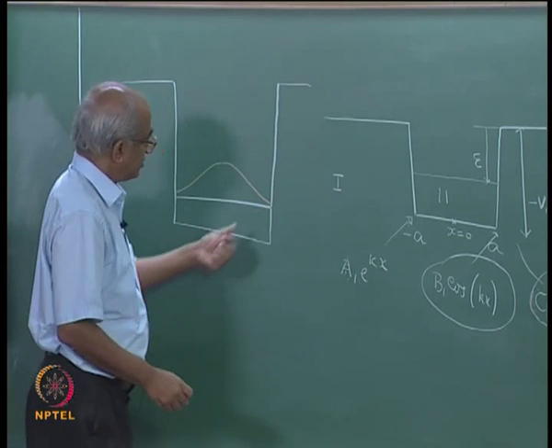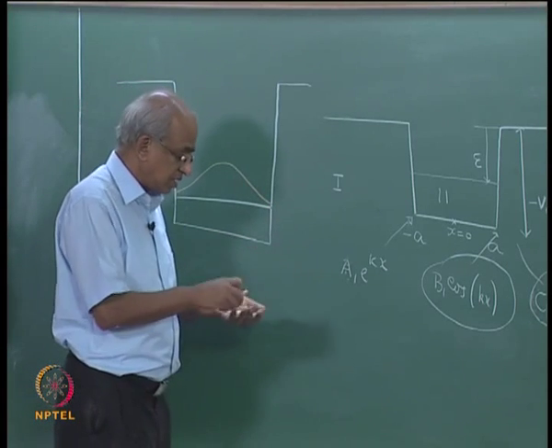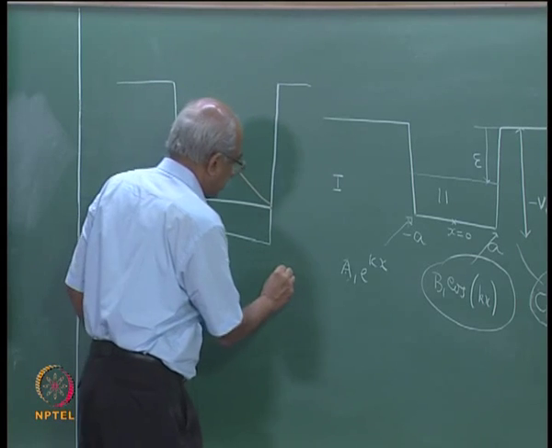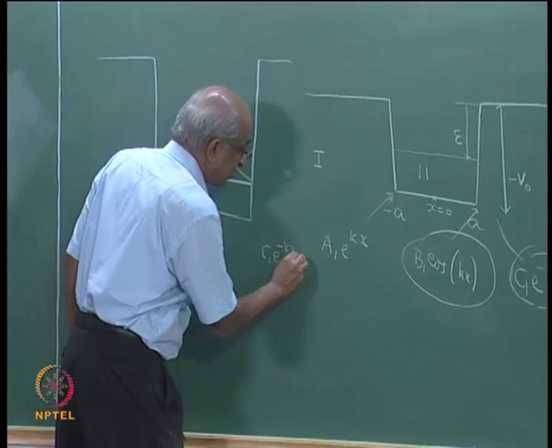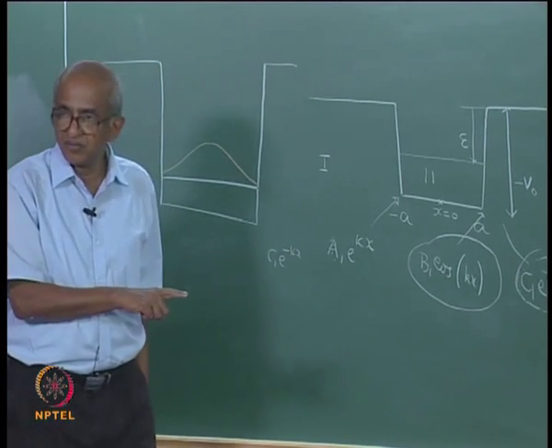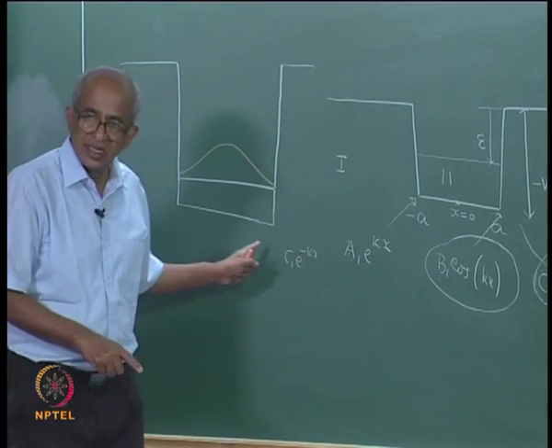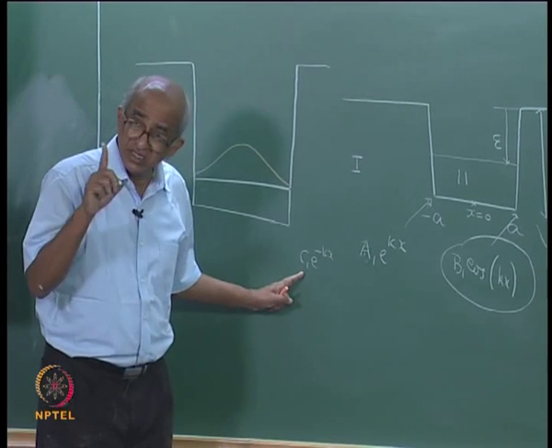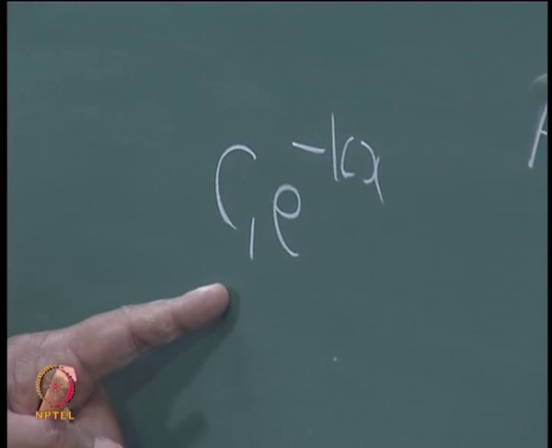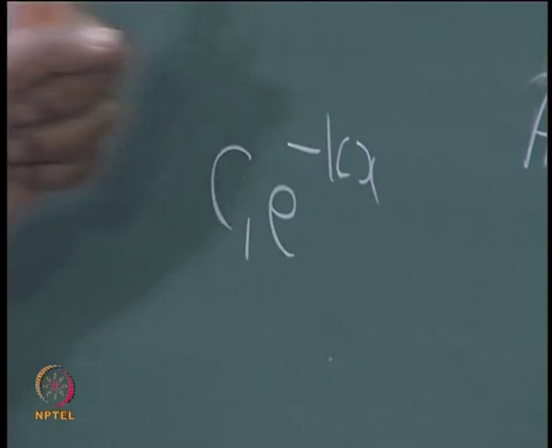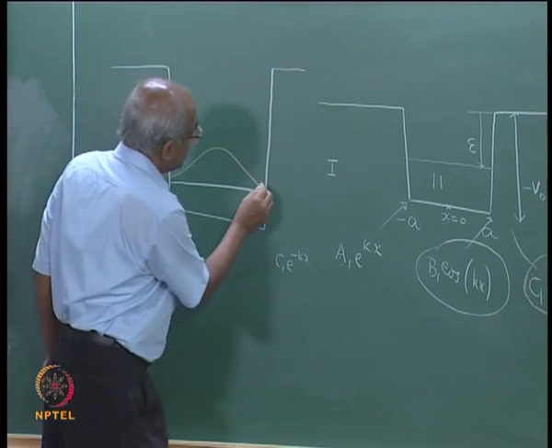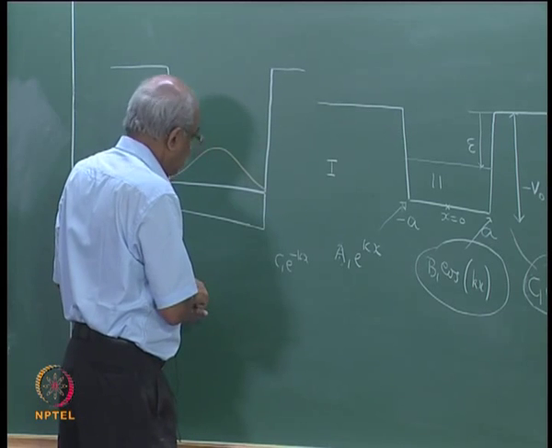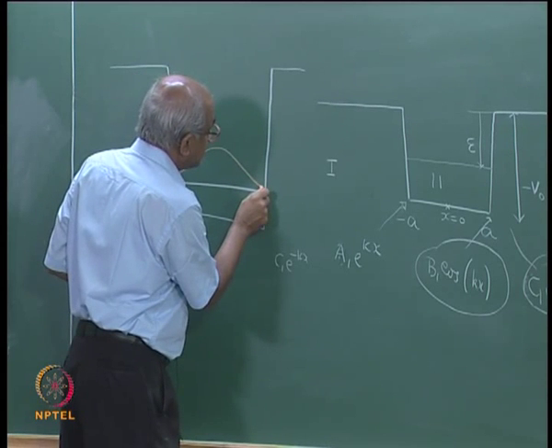Now, interestingly, if you look at the wave function in this region, how does it appear? The functional form is C1 e to the power of minus kappa x in this region. So, in that region, the wave function is non-zero. Notice, it penetrates into this region, and therefore the function would decay in some such fashion. It would